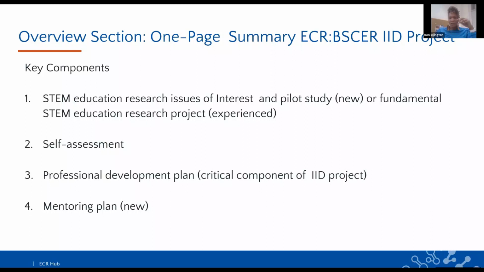So the one-pager is going to have these 4 elements for my new people and 3 elements for my experienced people. Make sure that when you're writing your one-page summary, you know what your project is. If it's a pilot study, what it's going to be. If you're experienced, what is the fundamental STEM education research project you're going to conduct? You have done the self-assessment and have articulated the skills gap that you want to fill as it relates to